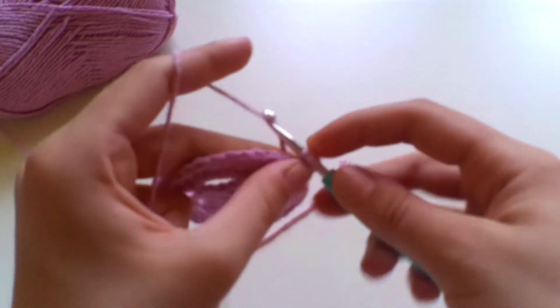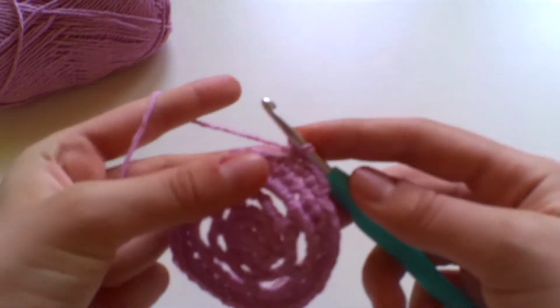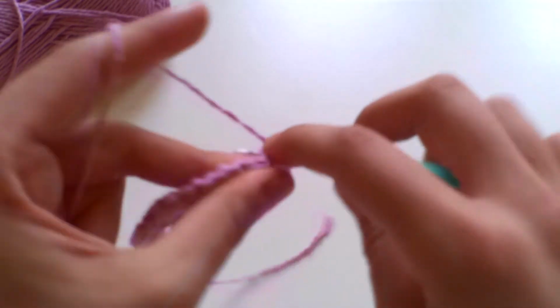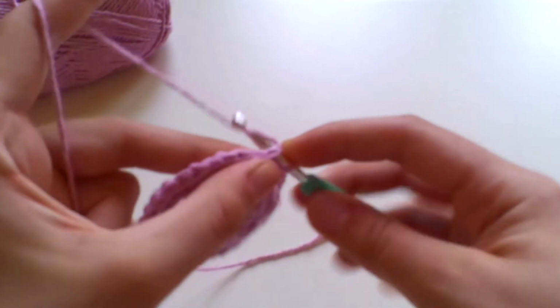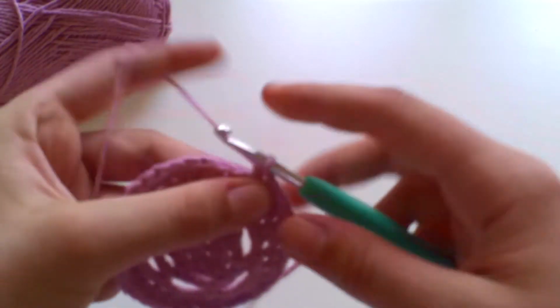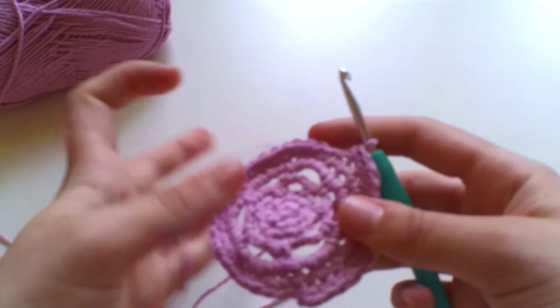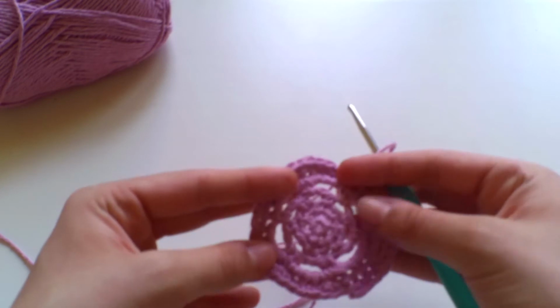next stitch 1 double crochet, next stitch another double crochet, it's 3, 4 and 5, and then we're going to work our increase into this stitch, which is a total of 2 double crochets into that 1 stitch. So go ahead and work that all the way along until you get to the last stitch, and I'll meet